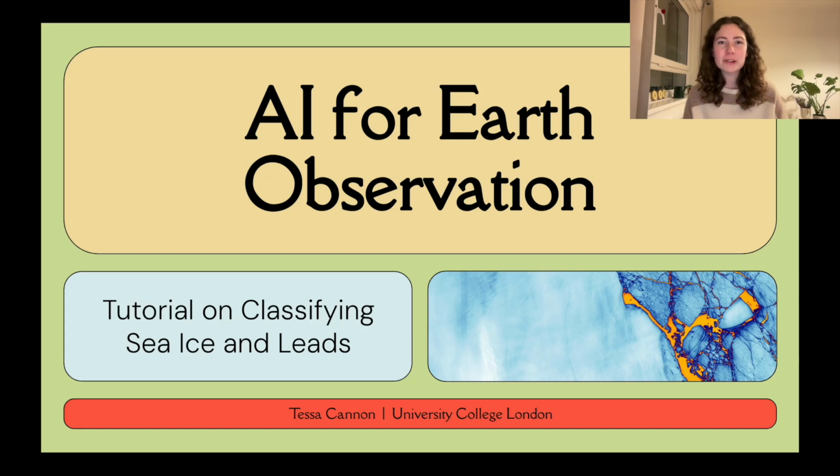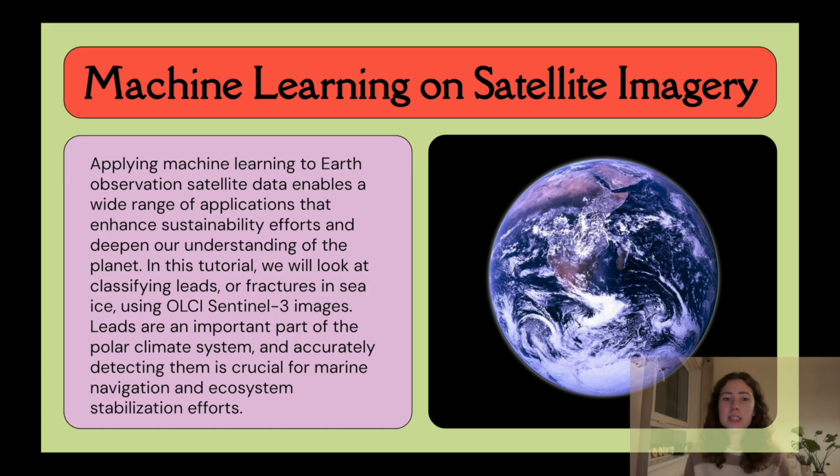Hello, and welcome to my tutorial on using machine learning to classify sea ice and leads in satellite imagery. Machine learning is a subset of AI which gives computers the ability to learn without being explicitly programmed. With large amounts of data, we can write algorithms that learn to identify patterns in order to make predictions on future unseen data. Using satellite images as the input data into our machine learning algorithms can improve our ability to observe the Earth in real time, which can enhance a wide range of sustainability efforts in order to protect our